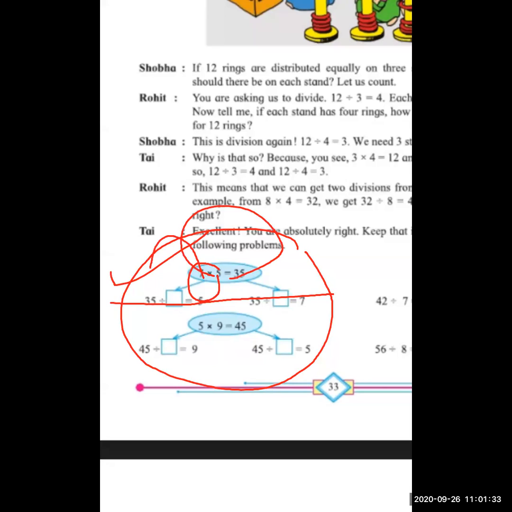You want to see the relation. It's an interrelation between multiplication and division. 35 divided by dash is equal to 5. Not plus sign, Pranjal beta, not plus sign. 35 divided by 7. In that box, what will come? 35 divided by 7 is equal to 5. That means you want to do the multiplication. 7 into 5. Look at here, everyone. 7 into 5 is equal to 35.